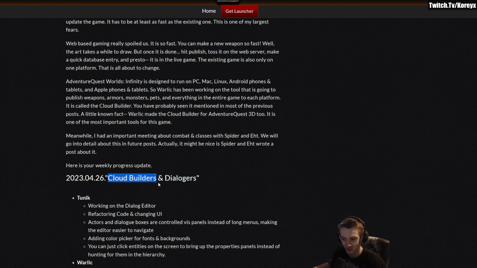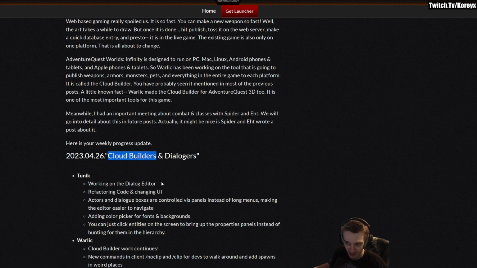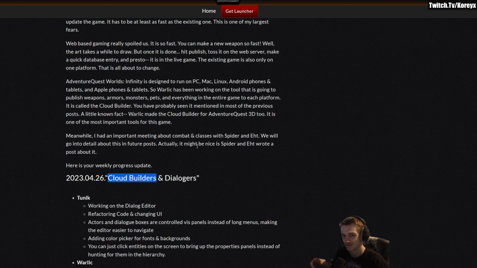So I imagine they're going to try to do something similar with AQ 2D. That kind of gets around the whole update restriction, where every new update needs to get approved by Apple or Android and all that. So I think that's how they're going to work around that, and hopefully they can update at the same speed, but they say right here it's going to be a challenge.